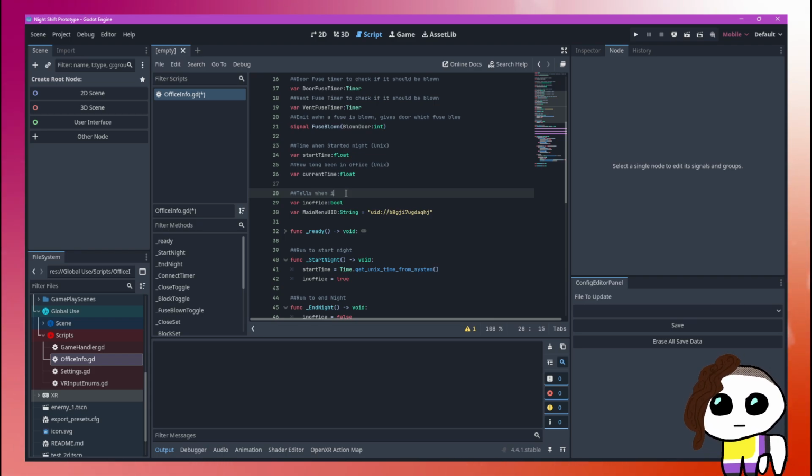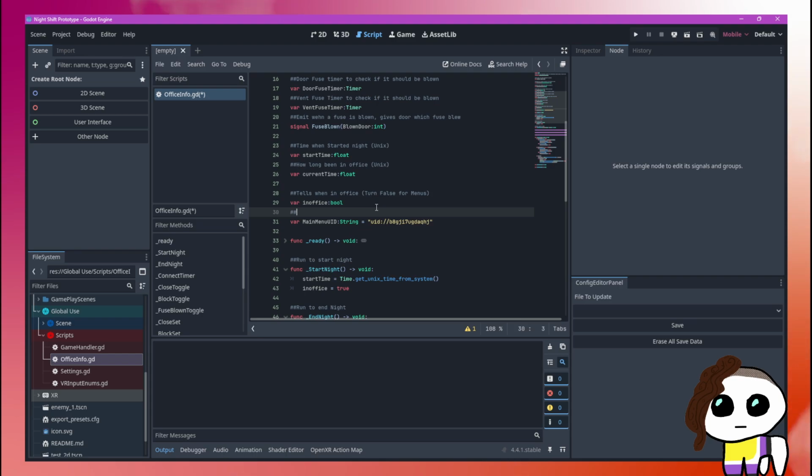Else when in office. Also for in menu. Turn false for menus. And then do ID main menu for when completing